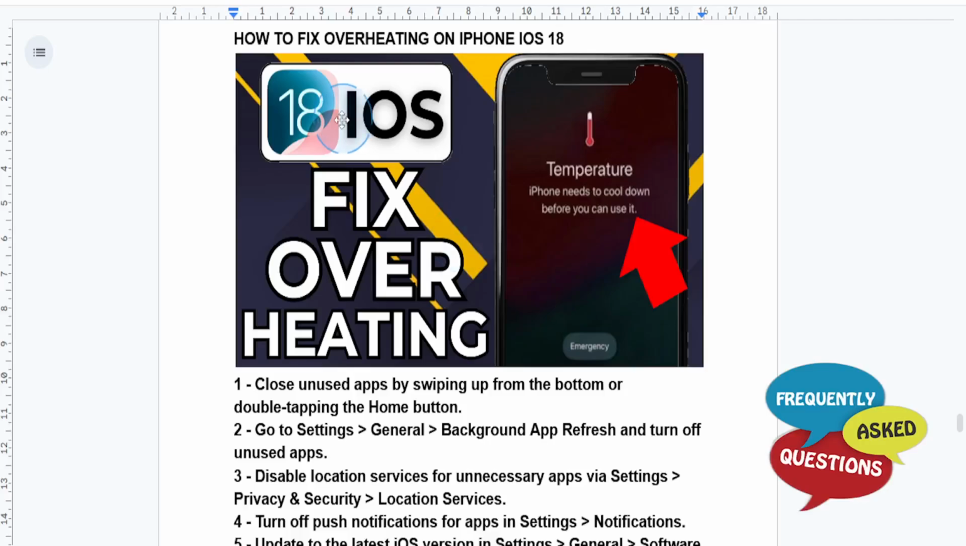Alright guys, in this video I'm going to show you how to fix overheating on your iPhone iOS 18. So if your iPhone is overheating while using iOS 18, there are some simple steps you can do to